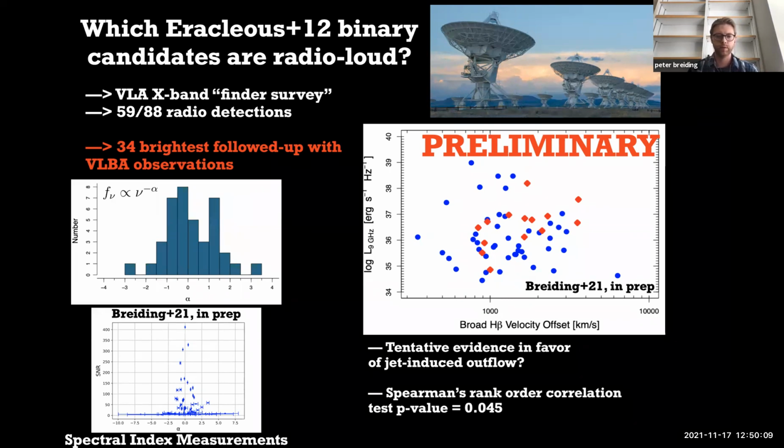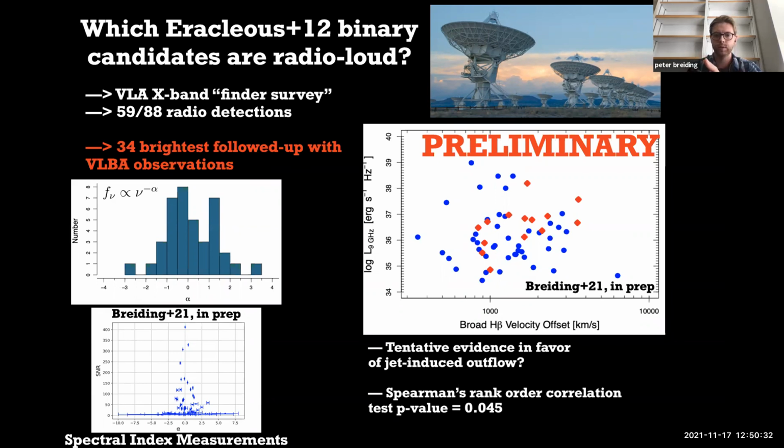And this is due to an effect known as relativistic beaming. The more closely you align a relativistic jet to the line of sight, the stronger the radio emission is due to Doppler boosted or relativistically beamed radiation that's focused along the axis of the jet. So if you plot all of these sources together on a luminosity versus velocity offset plot, which you can take